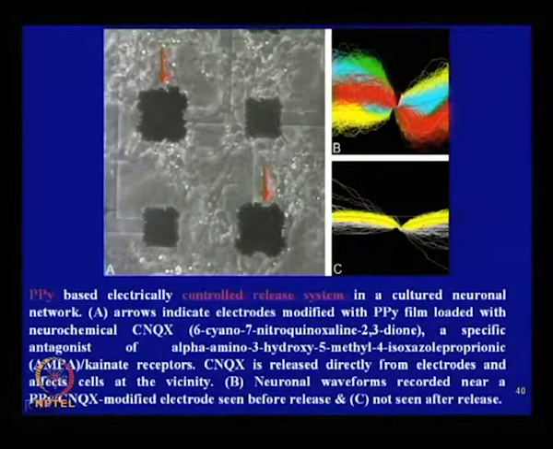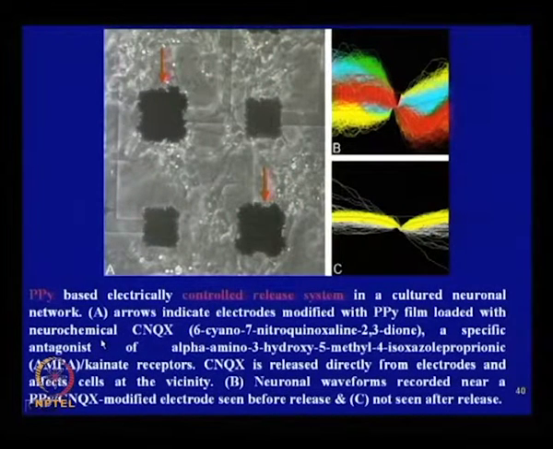Now, these red arrows indicate electrodes. These are the electrodes modified with polypyrrole film loaded with some neurochemical drug, CNQX. Okay. So, these electrodes are covered with, or deposited with, some conducting polymer, polypyrrole, in which some neurochemical drug